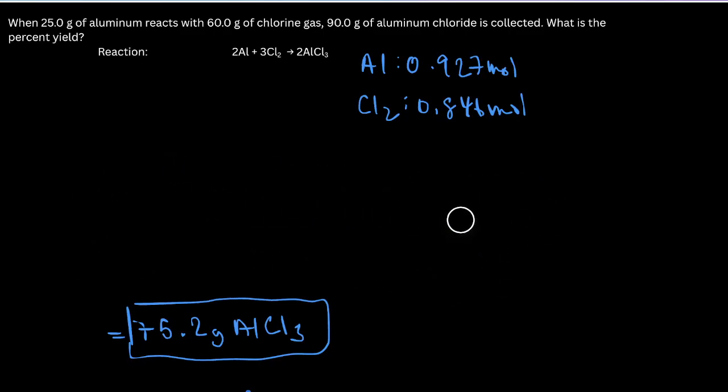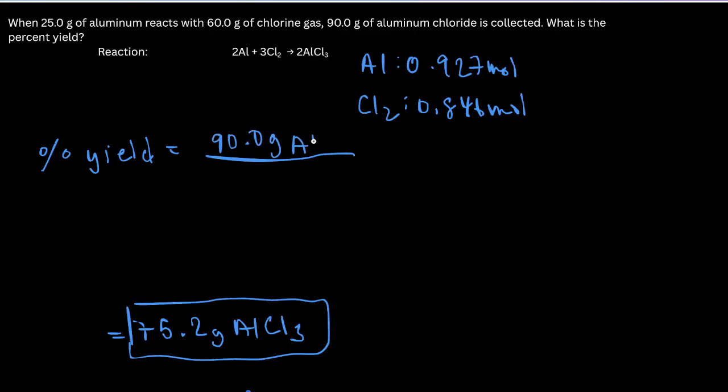Okay, that should be straightforward enough, right? What do we do next? Well, we know our percent yield formula, right? Let me just write it out again. Percent yield is just our actual yield divided by our theoretical yield. Well, we have our actual yield in the problem. That is 90